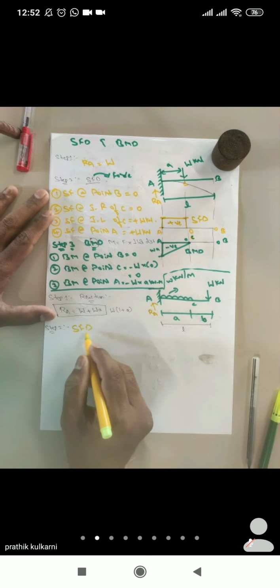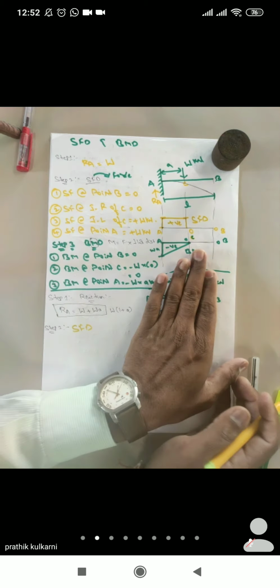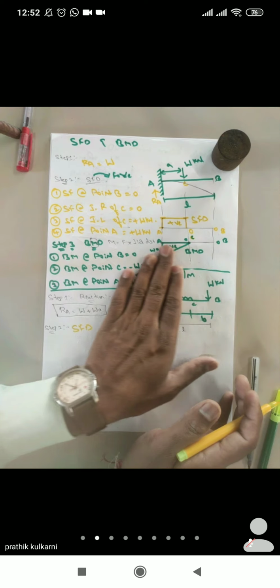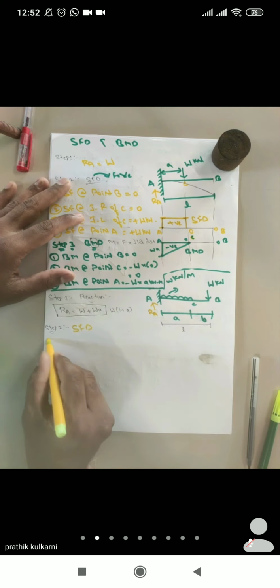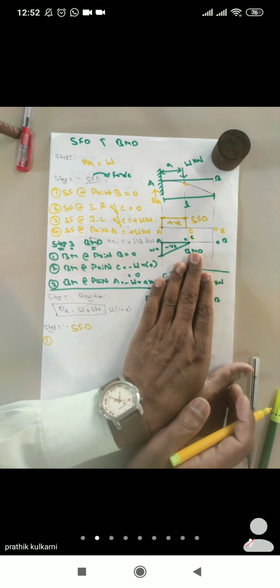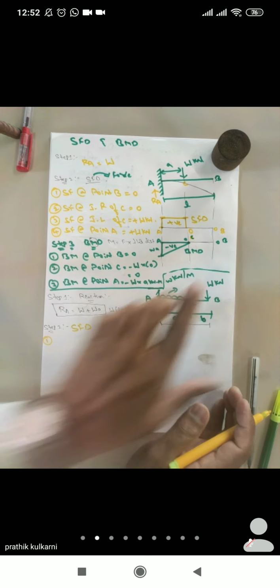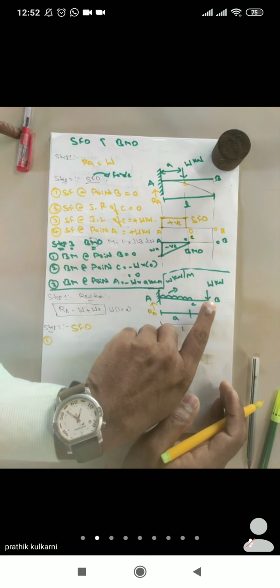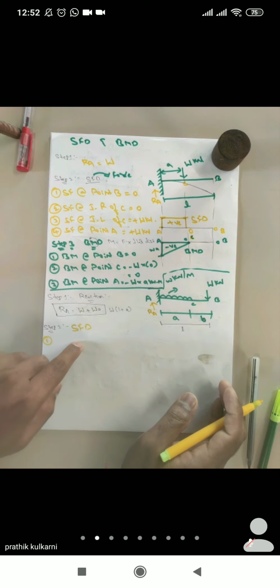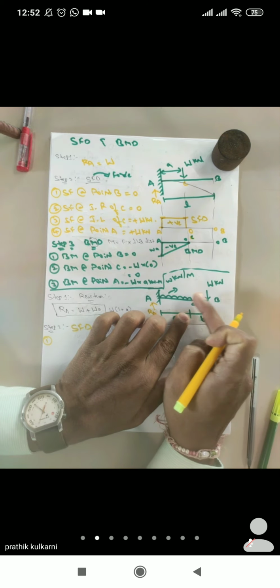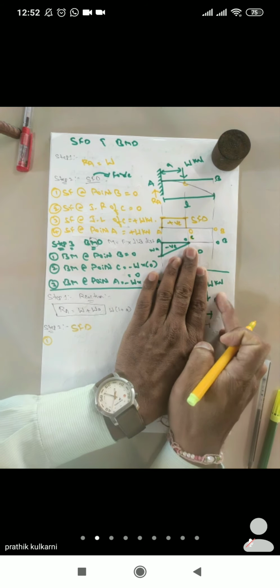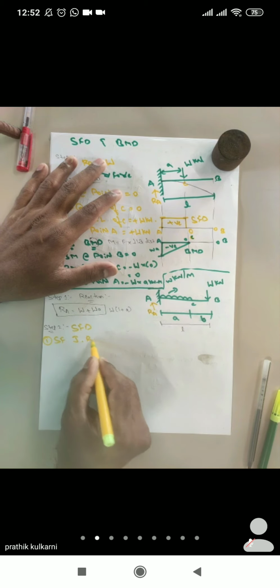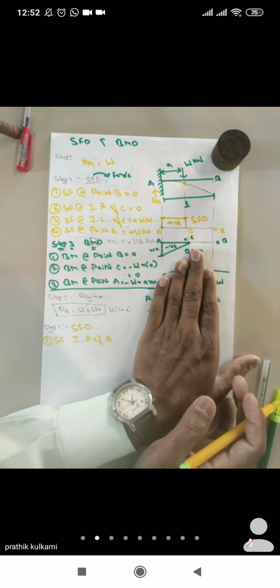Whenever we come across a shear force diagram, as I said, we have to come from the right hand side till the left hand side. Now let us come from the right hand side. Whenever we come across a point load in a shear force diagram, please be careful. We have to see just right and we have to see just left. So, shear force just right of B. I'll keep my hand.